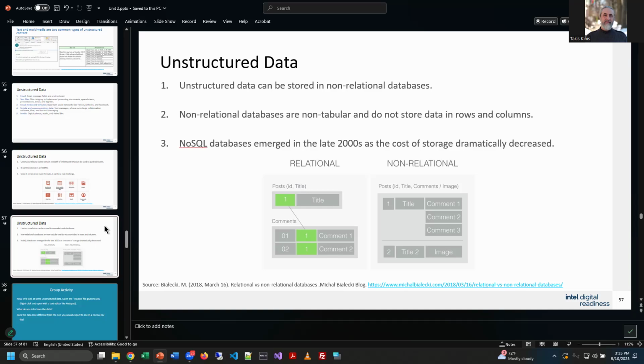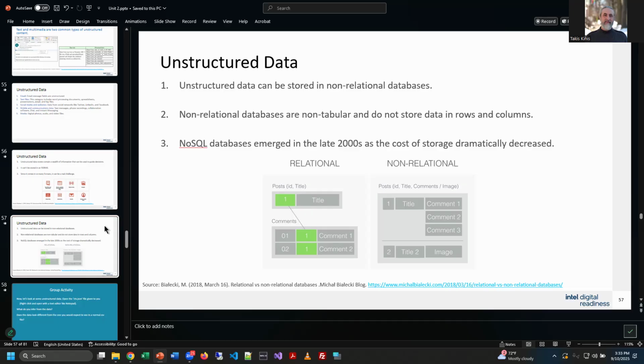So there are ways to store unstructured data, and that's basically using this, we'll call it relatively new concept of unstructured non-relational databases. This is the thing, right? This general category of database is called a NoSQL database, meaning that they kind of have rows and columns, but not necessarily, right?